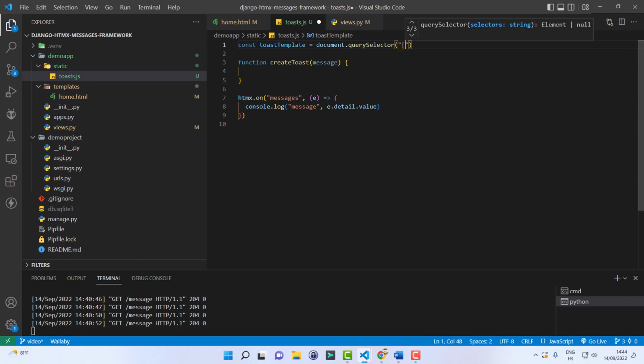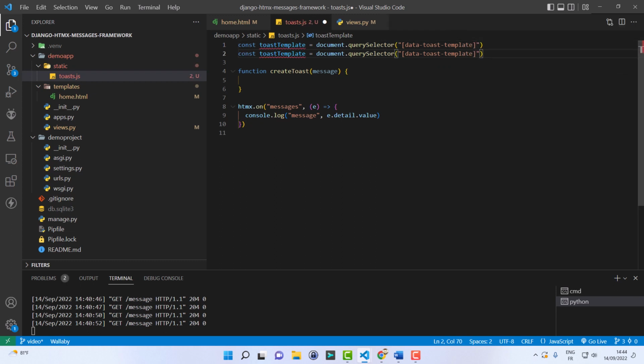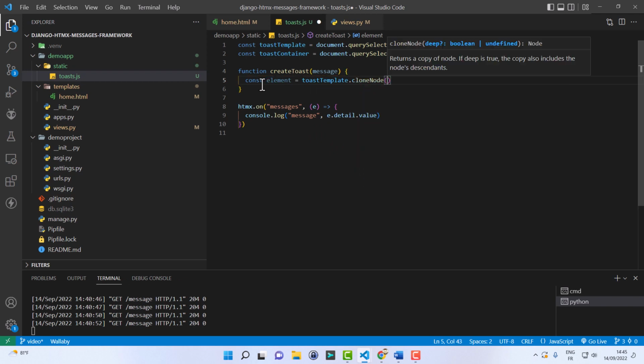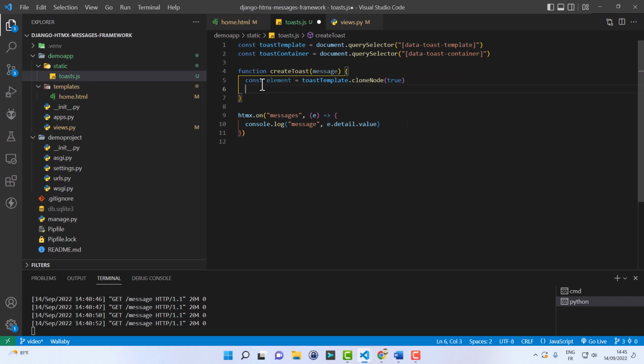We'll find it thanks to the data attribute toast template, like this. We'll do the same for the container. Okay. Now from the template we can clone this to get a new element. toastTemplate.cloneNode, yes. We have to say true here so that it does a deep copy and not a shallow copy.